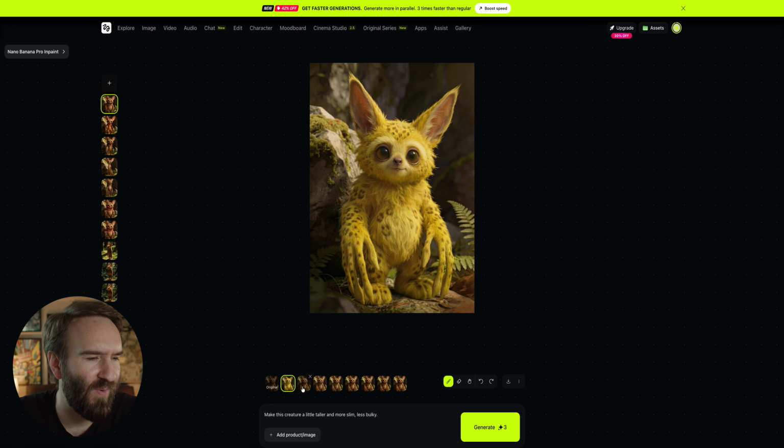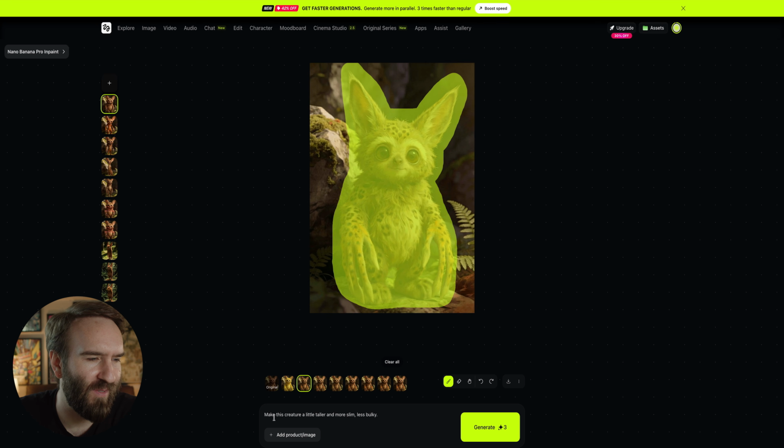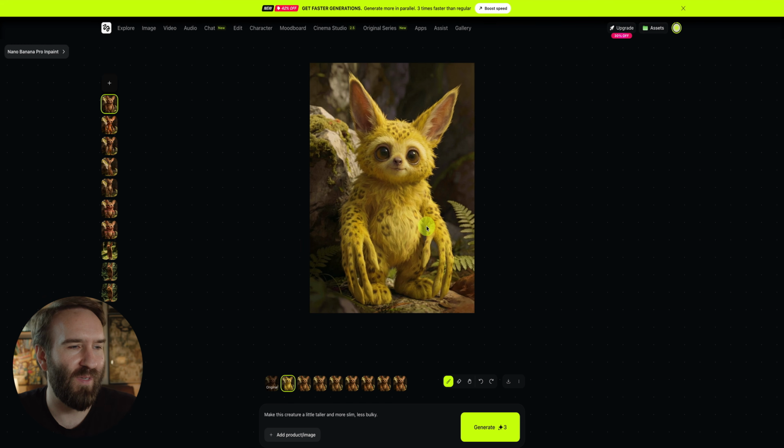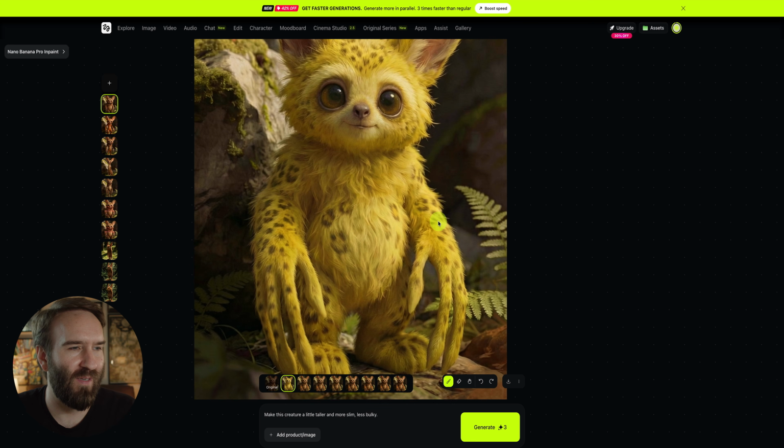And then it just makes them kind of pointy with bulbous tips. It's very hard. It feels like you're just knocking it around, and every time I'm doing an iteration, it's kind of degrading the image. Okay, so I gave the prompt just now to make this creature a little taller and more slim, less bulky. And it gave me the same exact proportions, but just made the creature yellow.